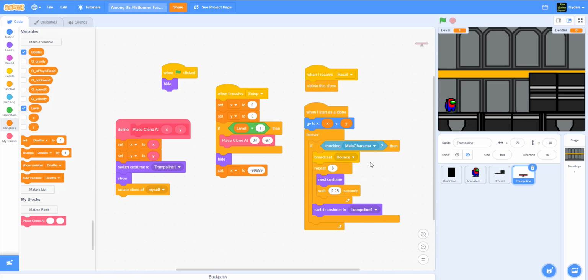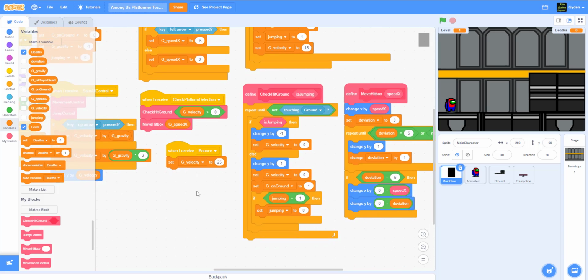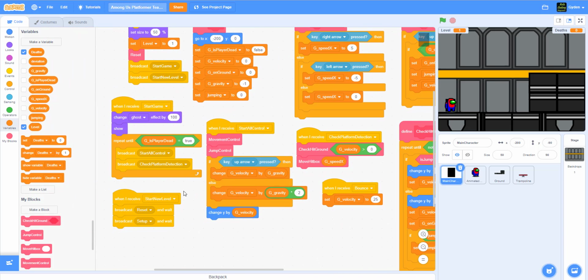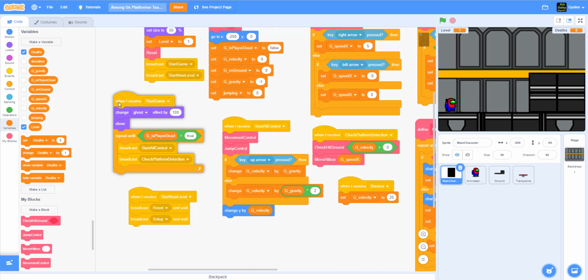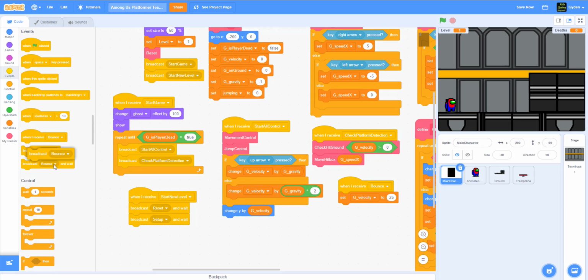All right, so let's move on. Now that we have the first stage, what I'm going to show is how we can make it to the second stage. We'll come back to the main character here. What we're going to do is start a new broadcast to fix this. So let's look for our code. Here it is. We want to put it over here. We want to get a new one, say broadcast,